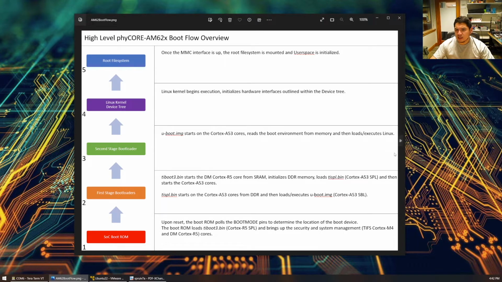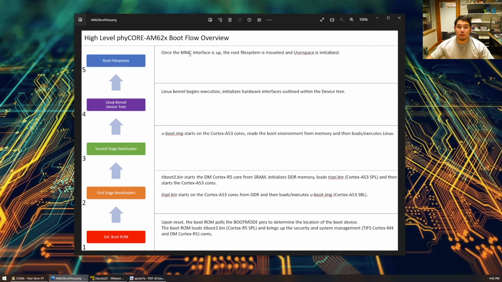So once Linux gets loaded, now it's going to go through the device tree after setting itself up. There's a bunch of subsystems of the Linux kernel that have to be set up before we get into the hardware itself. So the device tree is a hierarchical definition of the hardware. It'll parse through that, and as it goes through it, you'll see I2C get set up. You'll see some Ethernet PHYs get probed and identified. The MMC interfaces are going to come up,